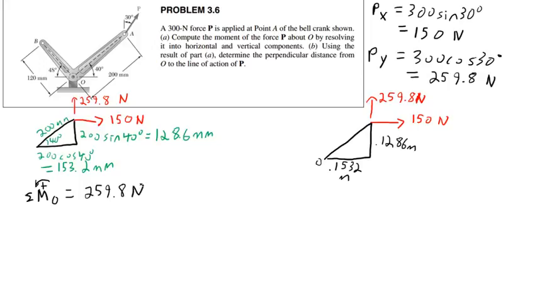259.8 newtons times a distance of 0.1532 meters minus 150 newtons times a distance of 0.1286 meters. Like that. So now we just apply multiplication, 0.1532. Okay, so I get